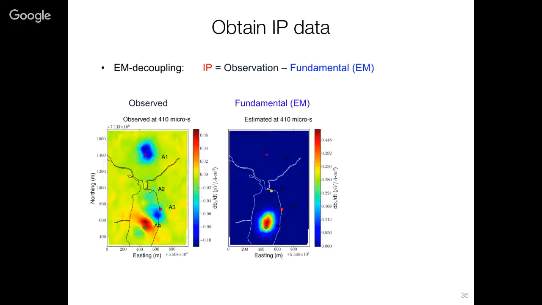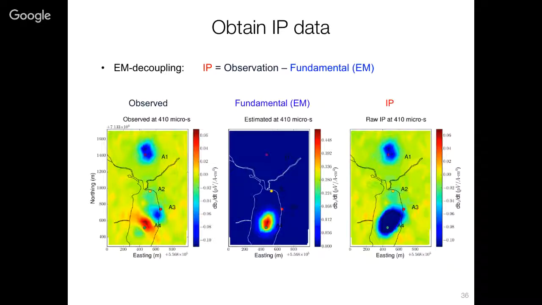So look what happens. I think this is really dramatic. So here's 410 microseconds. If you just look at the data, these are the observed data, right? So you can see how it's negative here, positive here, right? So it's confused. If we now take that previous conductivity model that we had, we do a forward modeling on that, so solve Maxwell's equations for the time frame, and then look at 410 microseconds, it looks like this. So the IP data should be the difference between this and this. So we're going to subtract this,